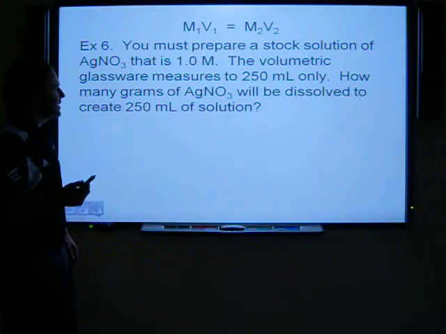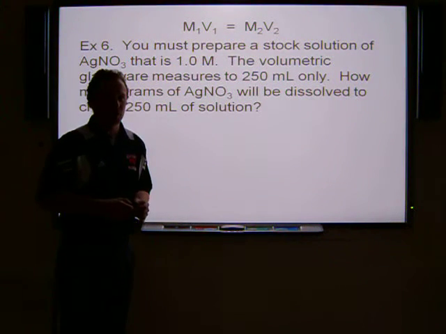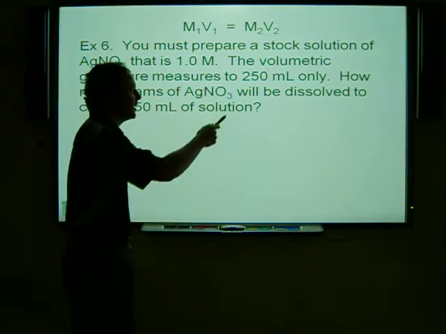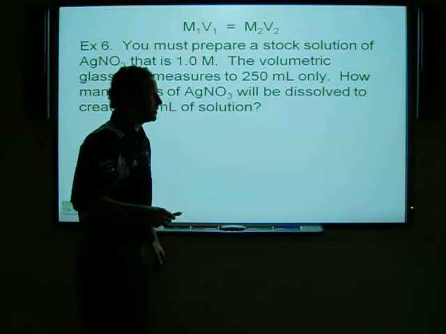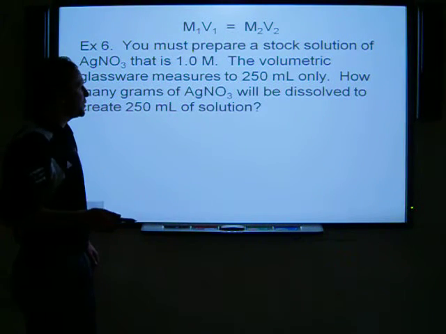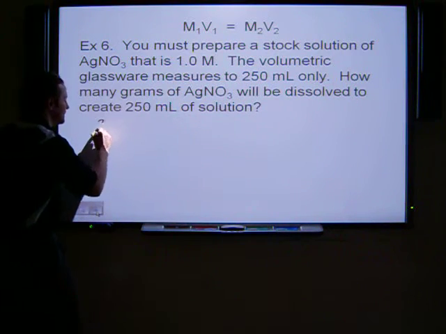Now, the deal is, I have this volumetric glassware that measures to 250 milliliters only. So I can't just create a liter's worth of it. I can only make a quarter of a liter, 250 milliliters. So let's go through, let's figure out how many grams. I'm going to start with what I'm given. In this case, I'm given 250 milliliters,